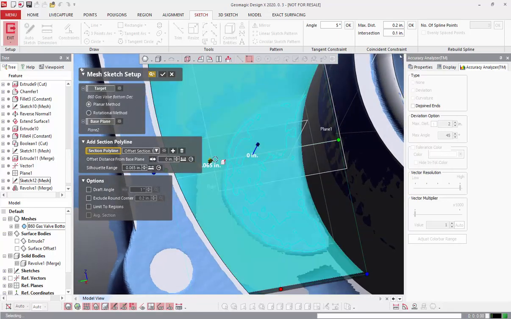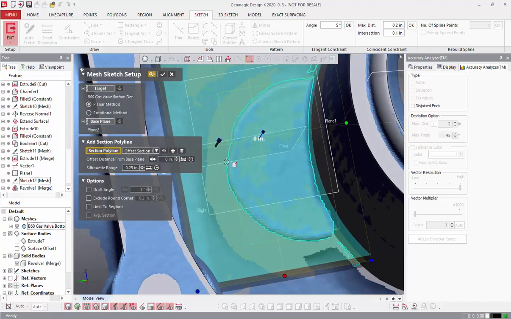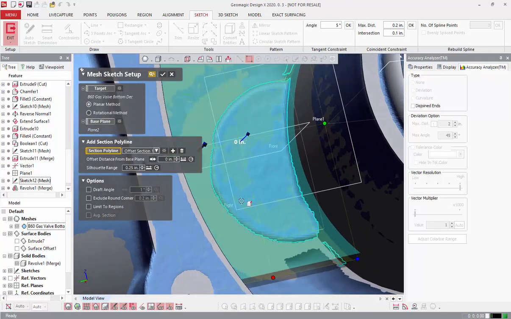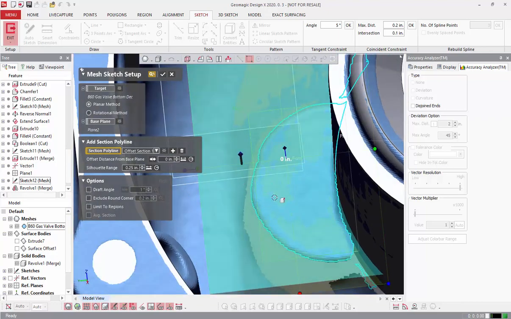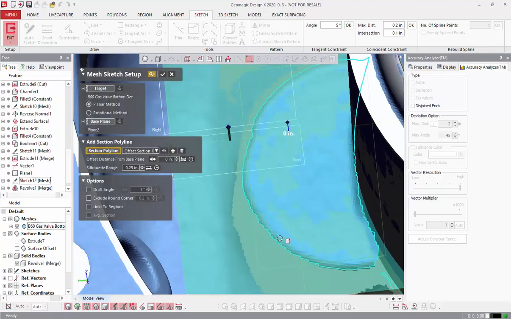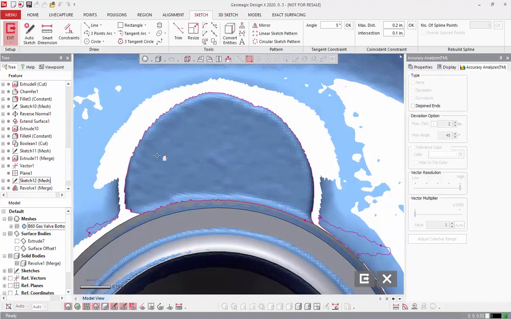So if I drag that arrow up, or again, if I add a value to this silhouette range here, so that it encompasses a little bit of that, or basically the volume of this mesh sketch slice here interfaces with this feature, then I can see that exterior portion there. It ignores the fillet, and it gives me the maximum that the scan data tells me to do. So when I go into